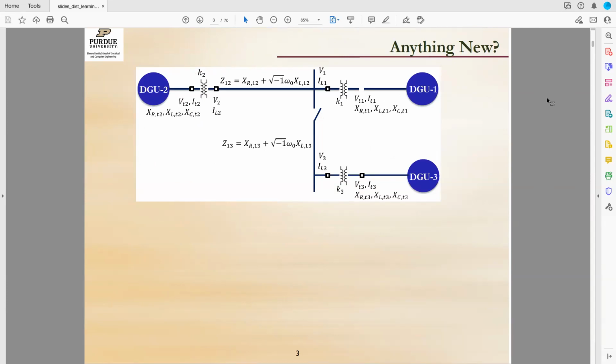So here's a motivating example that might set the stage for the kind of issues that I'm going to talk about. People have talked about how to make the power grid resilient. One of the central things that comes about is that we may think of the power grid as a network of smaller microgrids. So Purdue University can have its local generation and local load and local controller, and so can the next community and so on. And if, for example, a storm comes and some line goes down, we just think of this as separate islanded microgrids, and we serve the local loads the best we can.